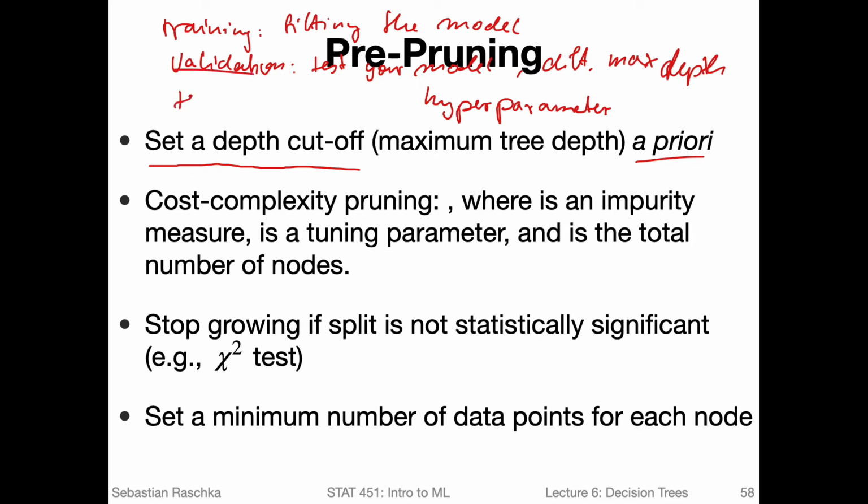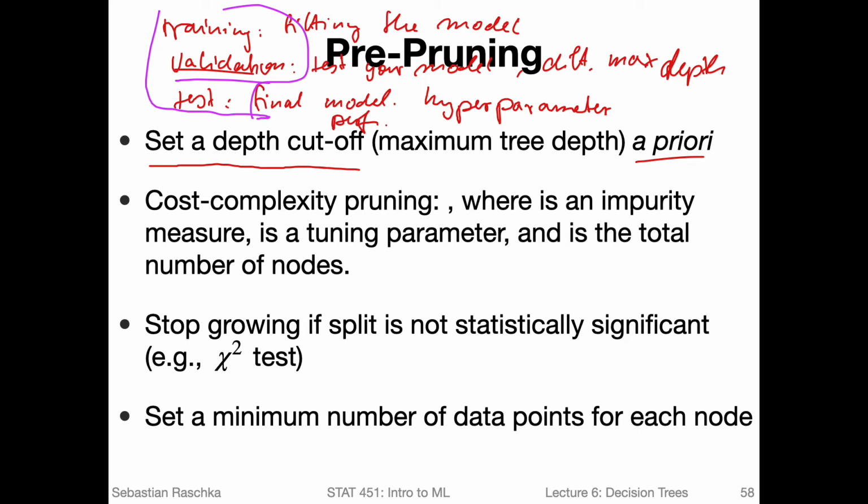And once you're done, you can get the final performance on the independent test set, so the final model performance. Another way, instead of using a validation set, is k-fold cross-validation, and that is a topic we will discuss later in this class. But the simple way would be using 3 data sets, one for training, one for validation, and one for the final model testing.